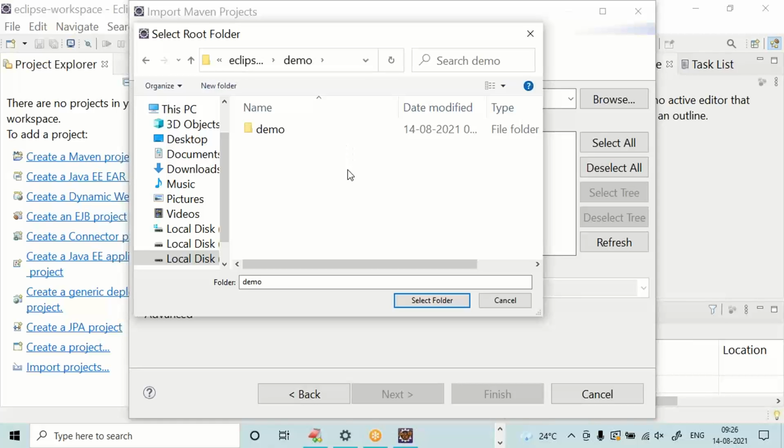Go inside. Second demo is the project folder name. Go inside. Now don't select src or .mvn. This is the correct location of the project root directory. Select folder.